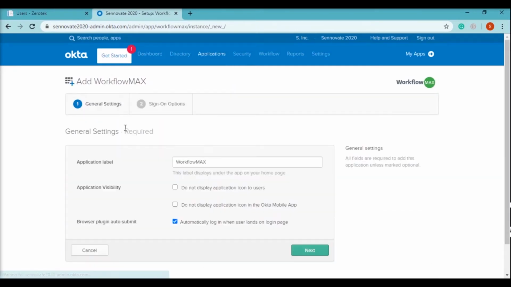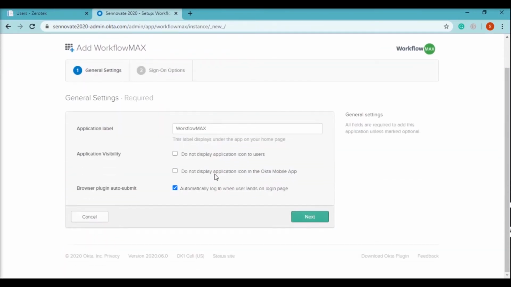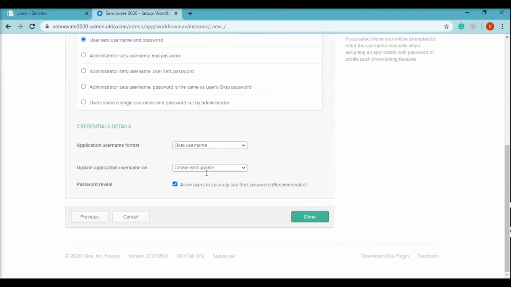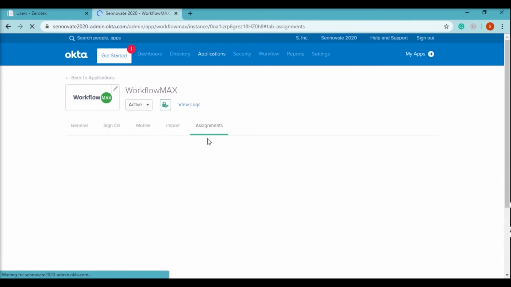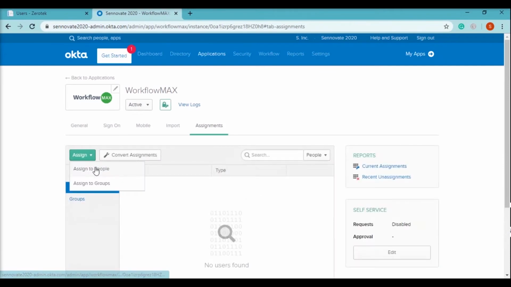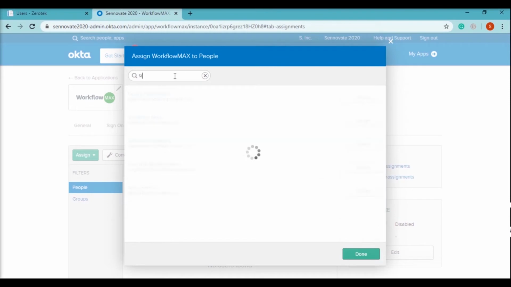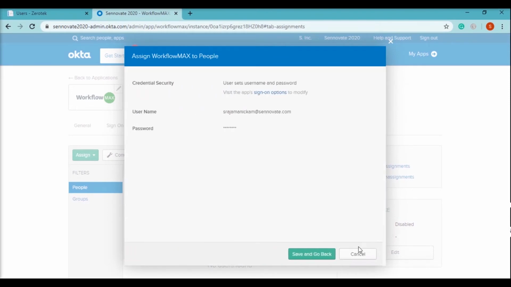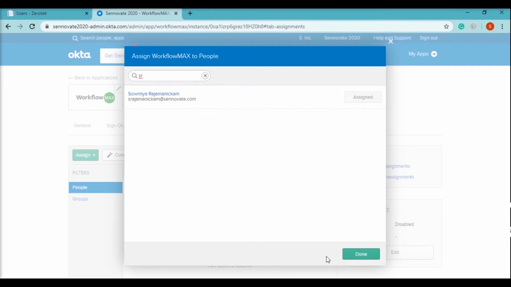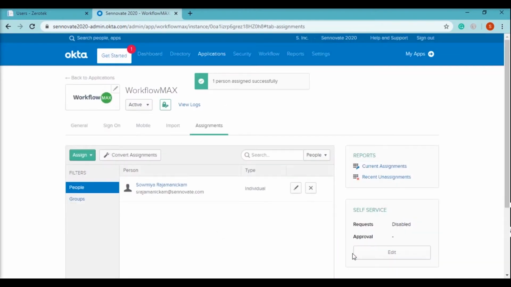Once the application is added, I'm going to assign a user to this application. So now I have added the Workflow Max application to the user Soumya.